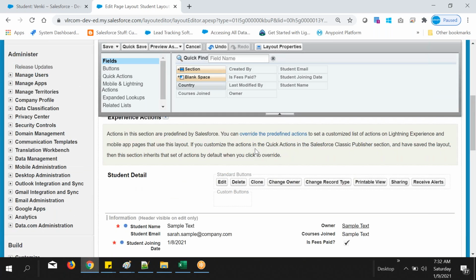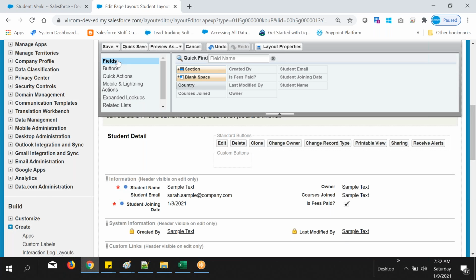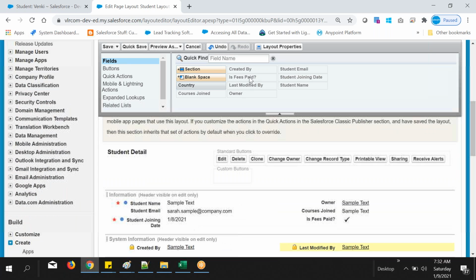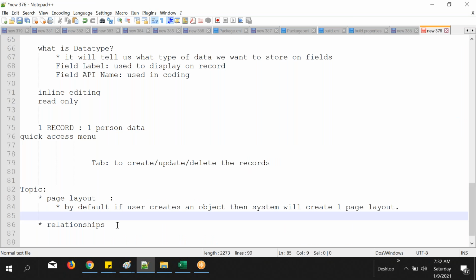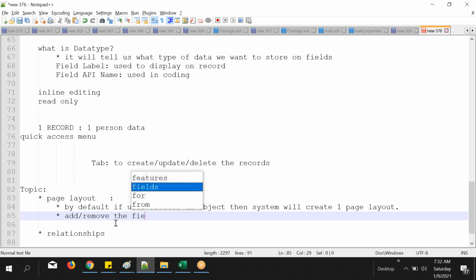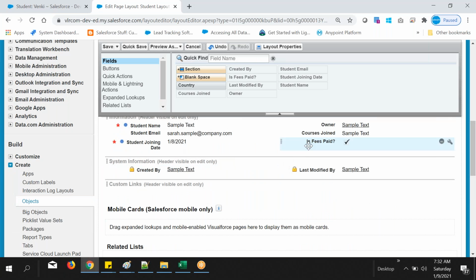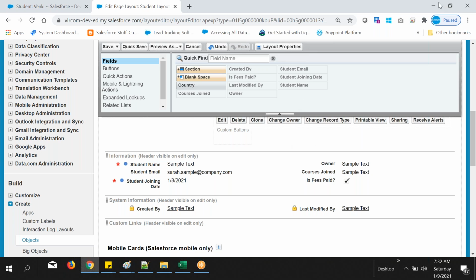Next, okay. Next, come to the point. Fields. So in the fields, I showed you, right? You can add the fields and you can remove the fields. What are the things we can do with the fields with the help of page layout? Add and remove the fields from the layout. That's it. We can do that one thing. Next, what are the things we can do? So I can add, I can remove the fields from the page layout. Simply that we have done. And next,